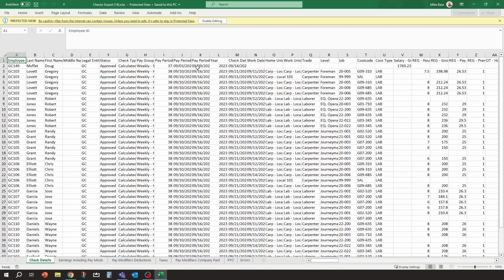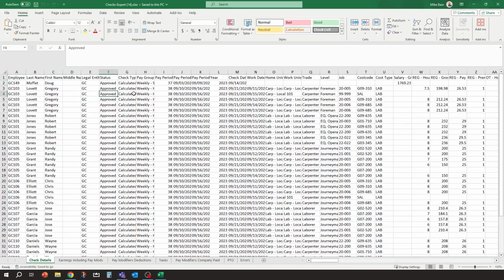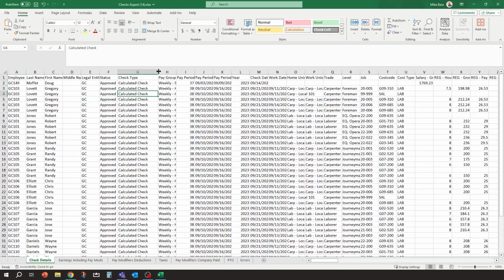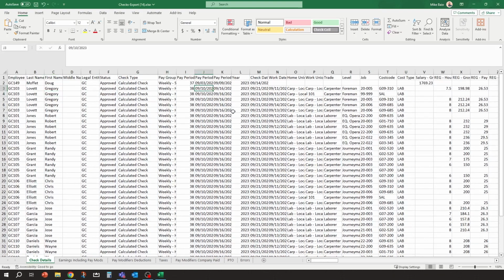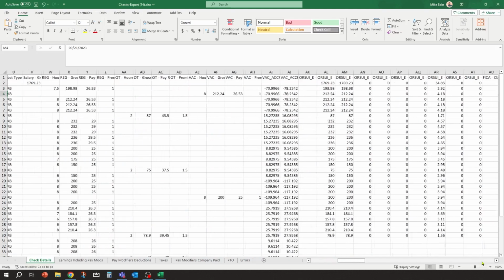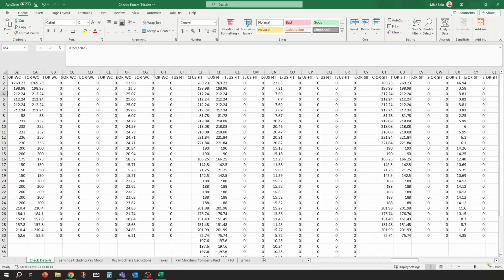Basically, I just wanted to show you this first because it's going to give you every piece of data and information that you may want to look up or review within the system in payroll. So you'll see there are multiple tabs. Check detail: this is every employee's check within that pay period based on the check date. You can see all the different coding, the hours, the earnings, the vacation, every tax, every deduction, all across the top here.